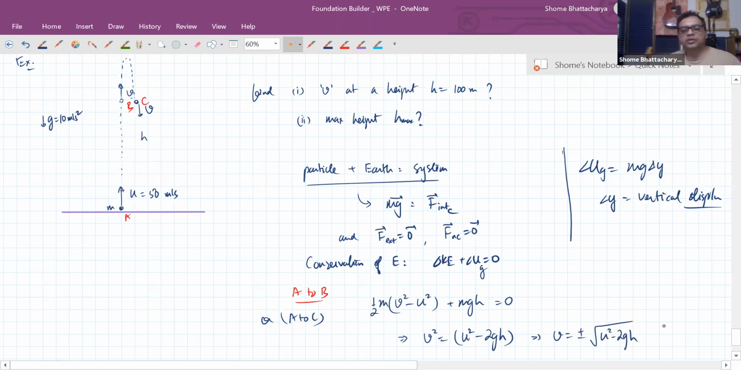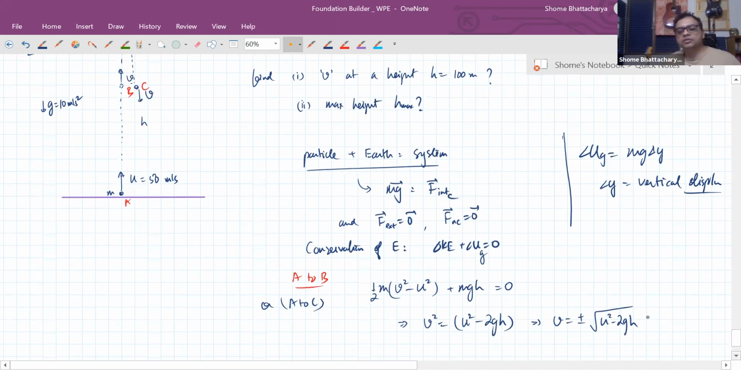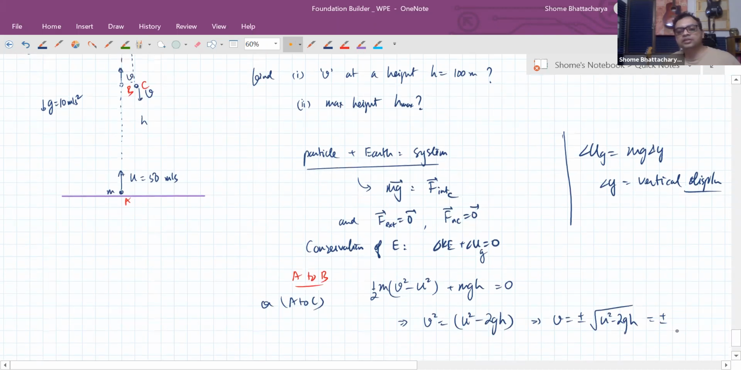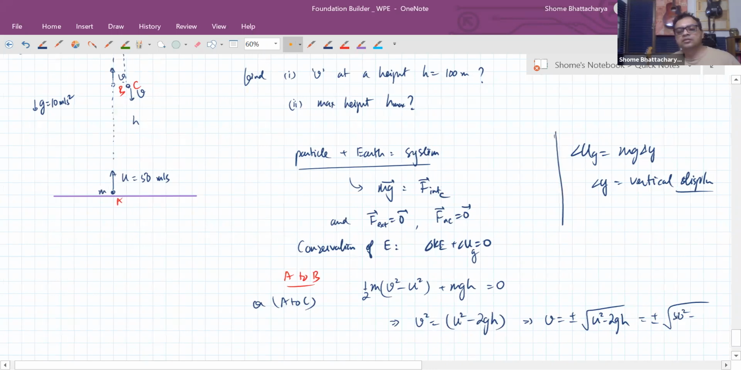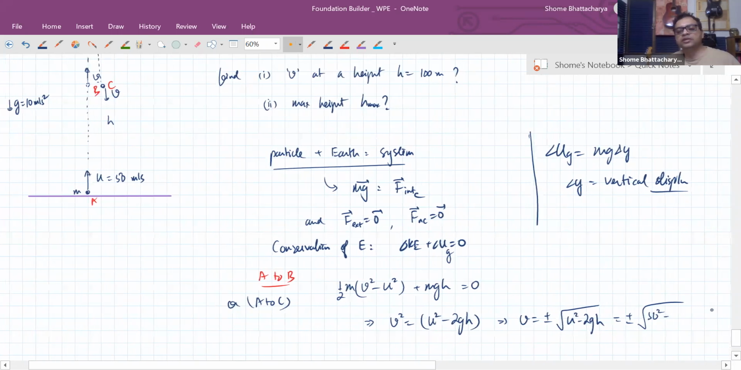Okay. So either way, it's the same magnitude. So v will be plus or minus root of, in this case, 50 square minus 2 into 10 into 100. Okay. So that is